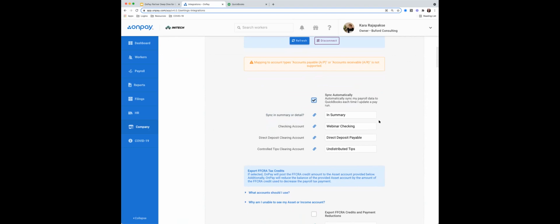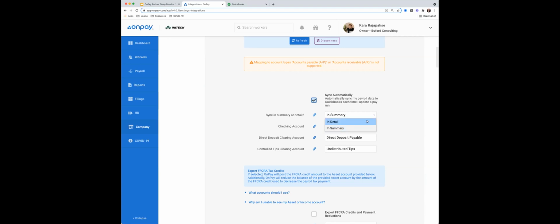But when we send in summary, you're going to get one journal entry for all of the payroll, and then you're going to get a second journal entry for the tax sweep. And so that is summarizing payroll as a whole. It's probably the way that you're most likely getting your information if you're using another payroll provider, or if you're making journal entries manually, you're probably just doing one journal entry for the payroll. So that's really common. Or if you have a ton of employees, summary makes really good sense.